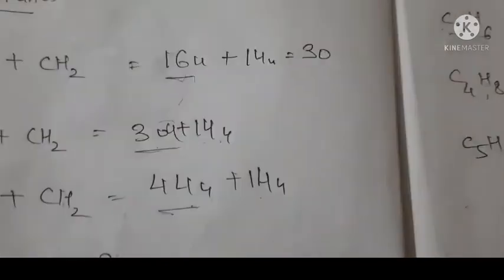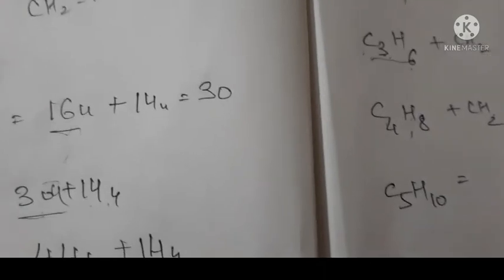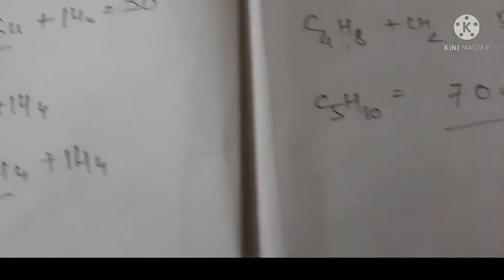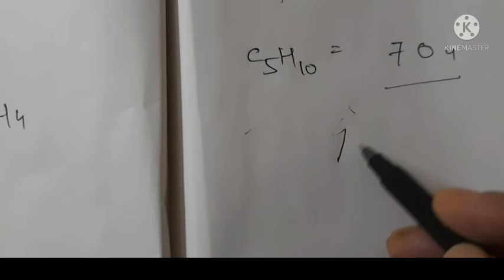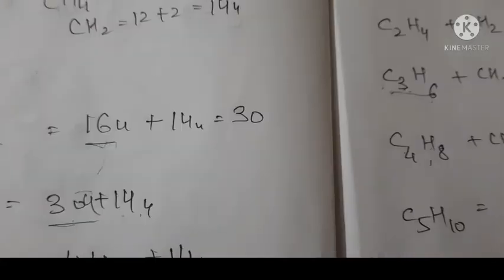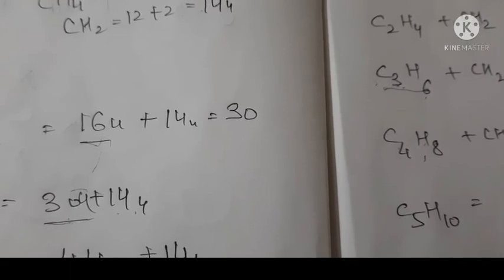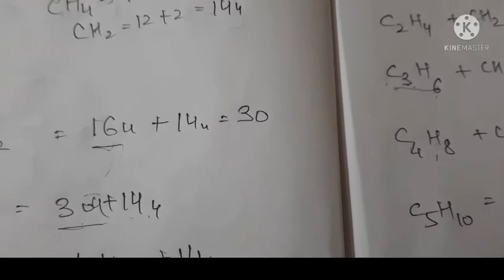Now there is one more thing, actually it's not there in the syllabus, that is cyclic hydrocarbon. So I will just tell you about that in the next class or maybe in the offline class. A cyclic hydrocarbon is one in which the carbon forms rings. That is the cyclic hydrocarbon. The structures are important. I have seen such types of questions in the sample papers. So please practice this thing, structures, and thank you.